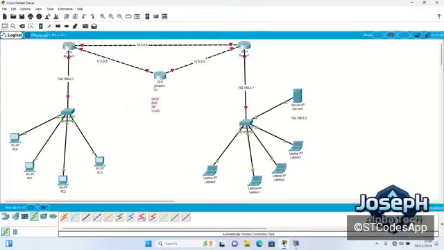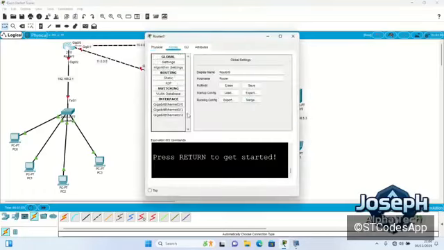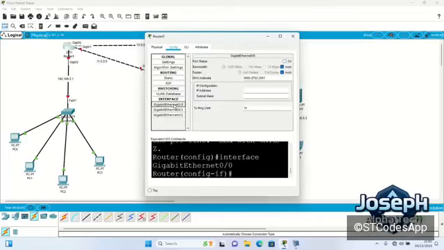So after that, now let's configure it one by one. This is having 0/0, this is 0/1, and this is 0/2. I'm going to use GUI to configure this. So I'm going to use 0/0 as this, which is 10.0.0.0, and subnet,